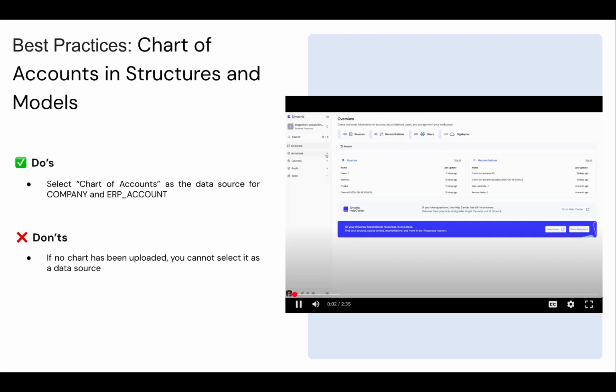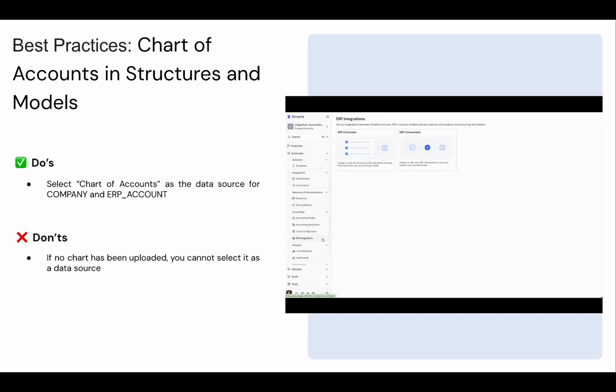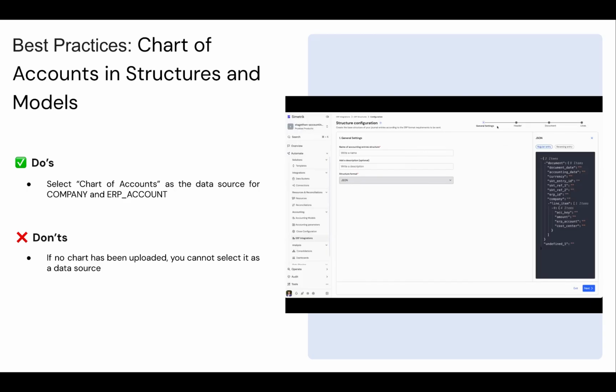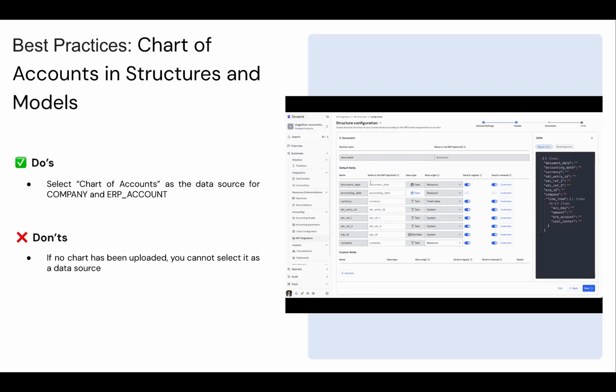So, once the Chart of Accounts has been uploaded, we move on to the next step, something that those familiar with creating structures and models will recognize. This step involves the configuration of the fields within the structure and model. But this time, you'll have a new option. Currently, you have something called the data source, which defines where the information will come from. This can be fixed value, where you manually input the account. Resource, where the data is pulled from a